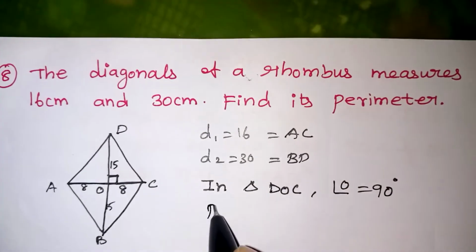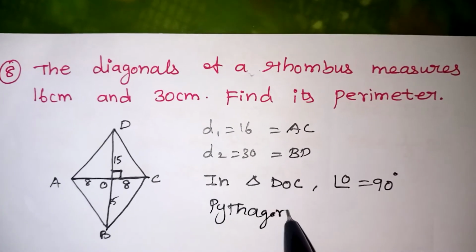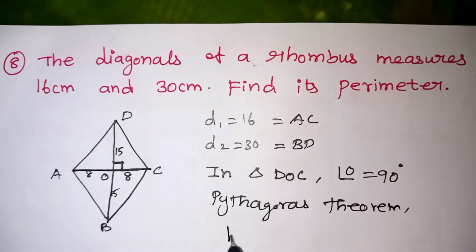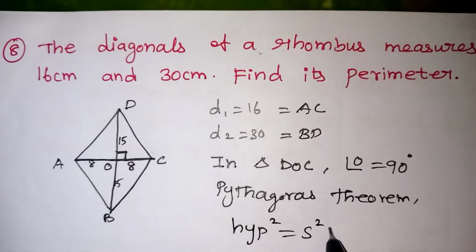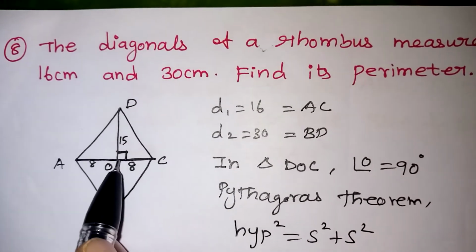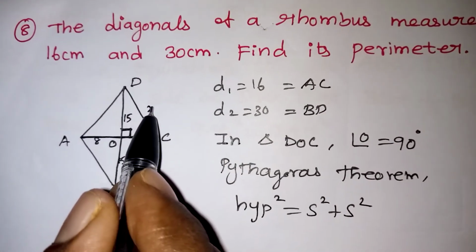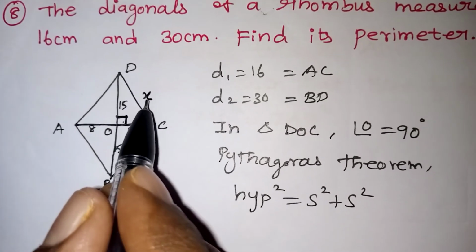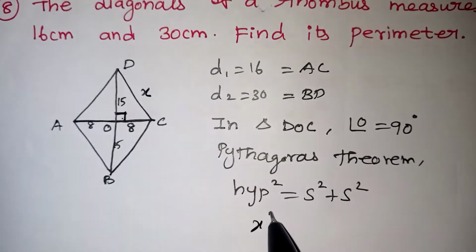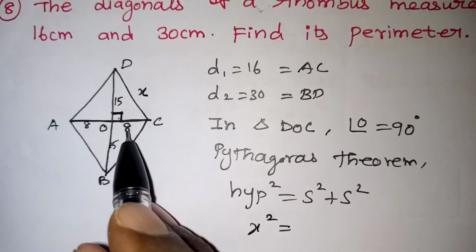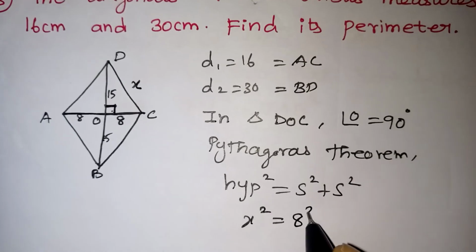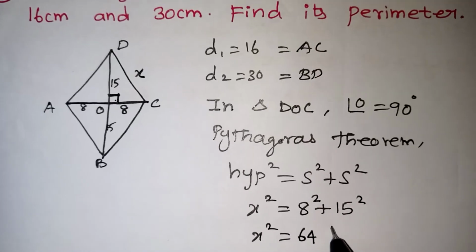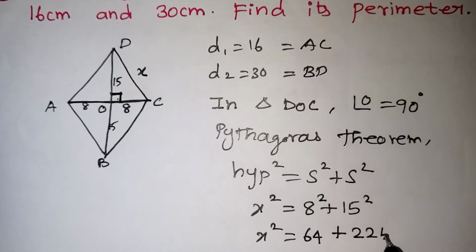So we can apply the Pythagoras theorem. According to the Pythagoras theorem, we can apply the rule. What is that rule? Hypotenuse square is equal to side squared plus side squared. So in this one, what is a hypotenuse side? This one is a hypotenuse side, or DC we can say that. The side which is coming opposite to the 90 degrees is a hypotenuse. So here we are getting x. So x squared equal to side squared plus side squared. One side is 8, another side is 15. So we can write it 8 squared plus 15 squared. Now x squared equal to 8 squared is 64, 8 8s are 64, 15 15s are 225.